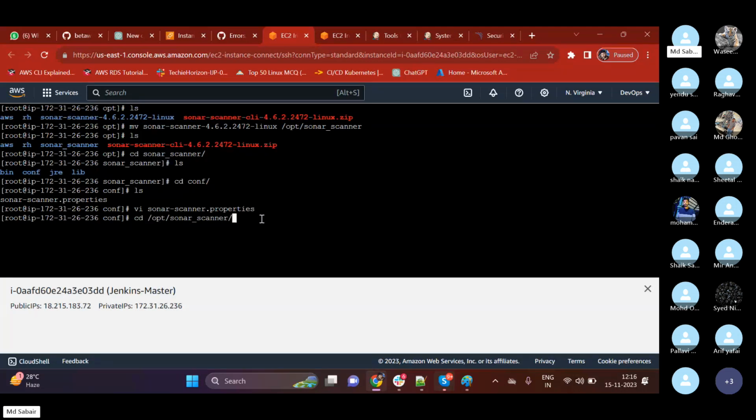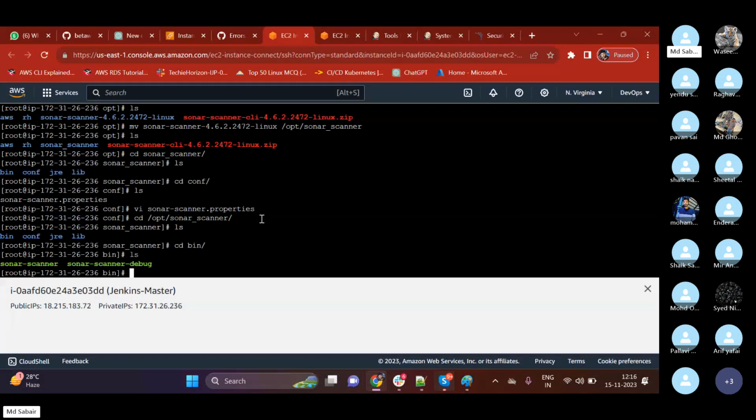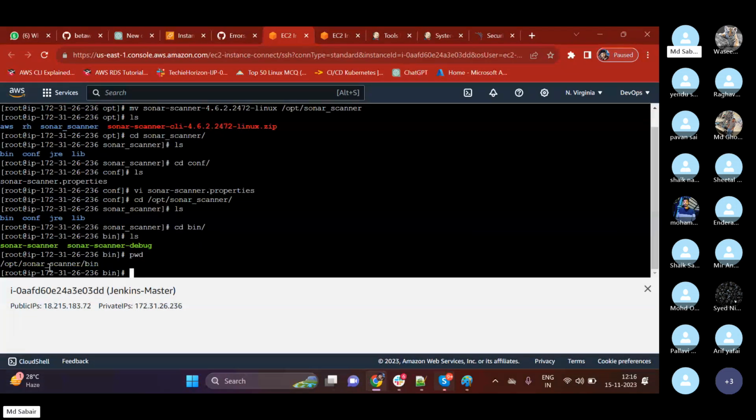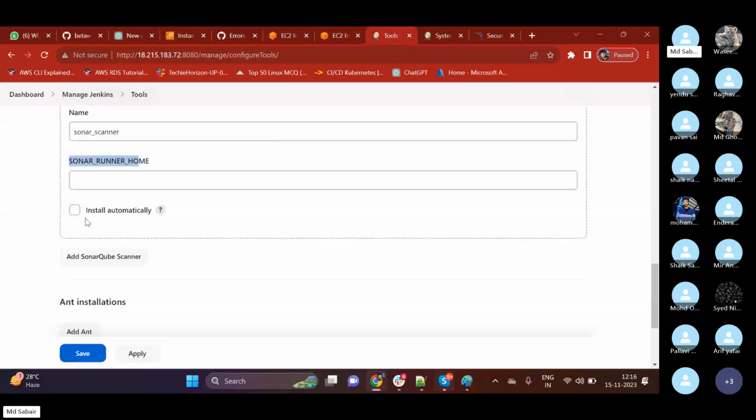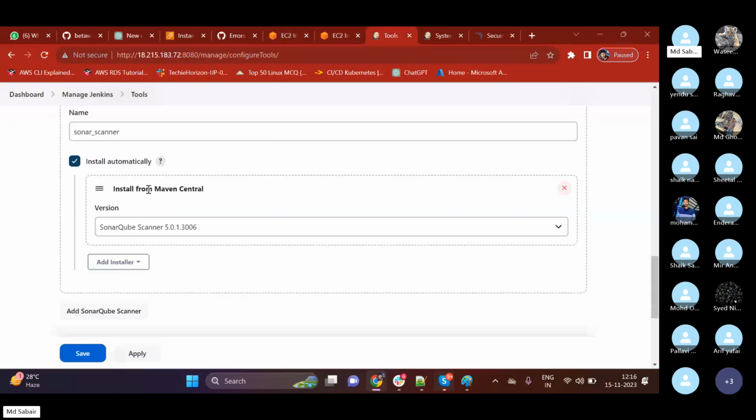CD opt Sonar Scanner. So at this particular location, and then bin. So in this particular location, we have our Sonar Scanner which is available. So let me copy. So always what will happen is, if I click on install automatically, here you can see